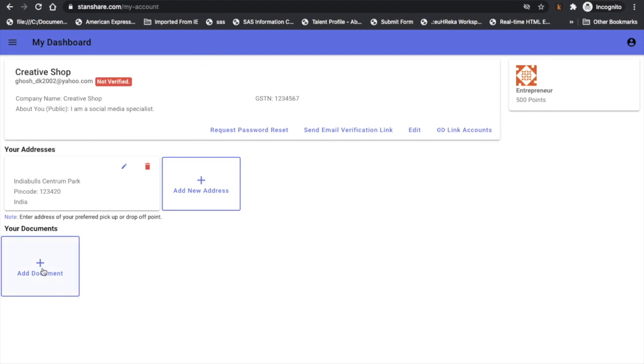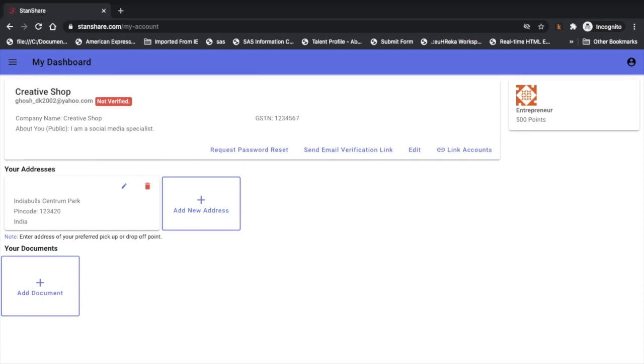And you see here, if at this stage you decide that you don't want to continue with StanShare, you can always click and delete your data and we will purge your data completely from the database, and it's going to be gone completely. And you can come back later. It's not that we'll block you. So that's it. That's what it takes to be a seller on StanShare. Thank you.